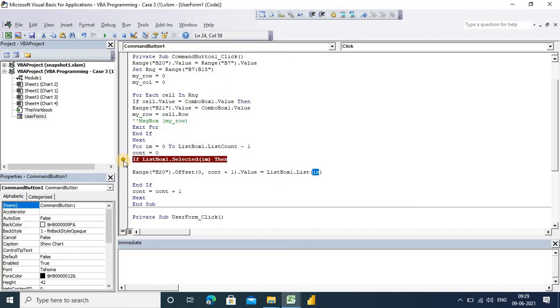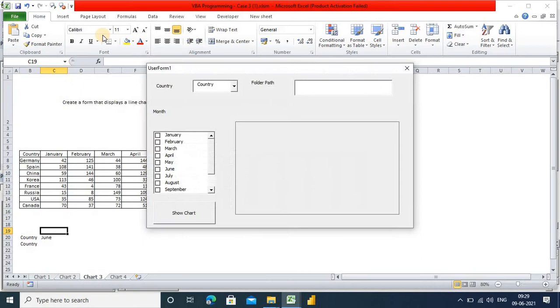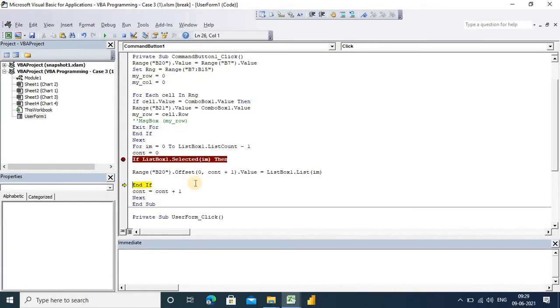Okay, so I am pausing this and running again. And now if I pause here, the first time it is not showing anything, but count is remaining. Now count is 1. Both criteria are not matching over there.